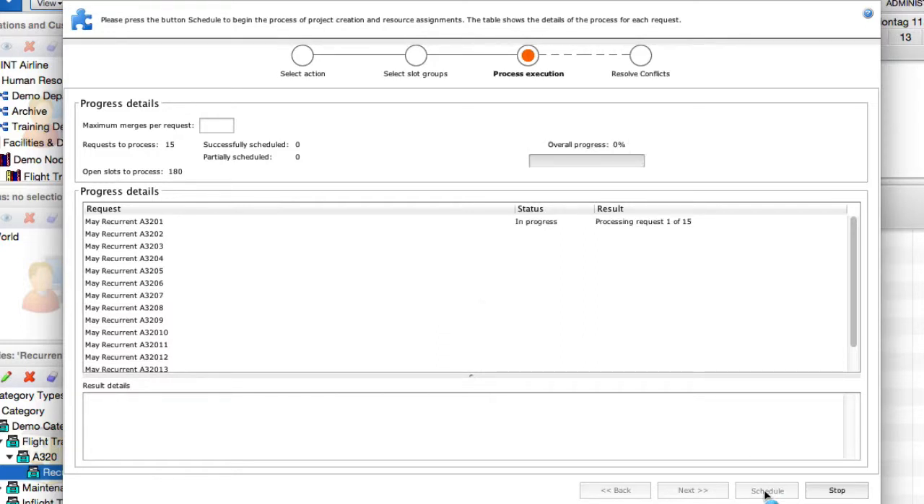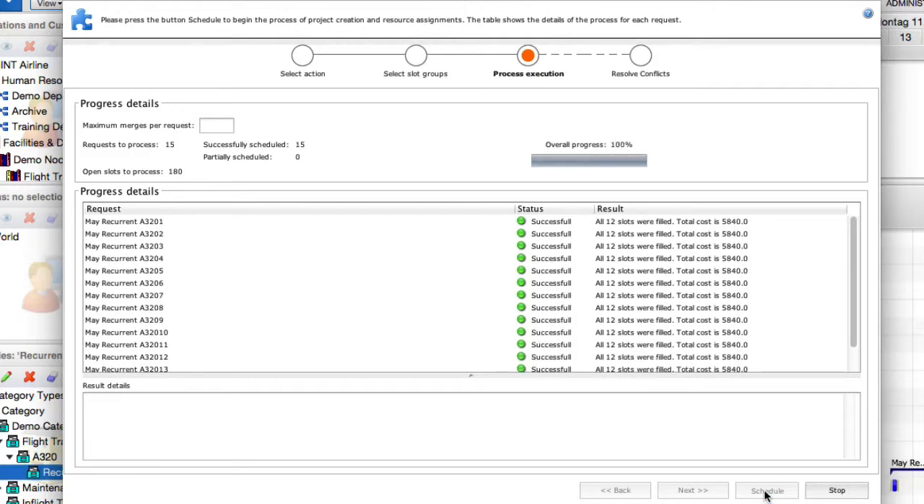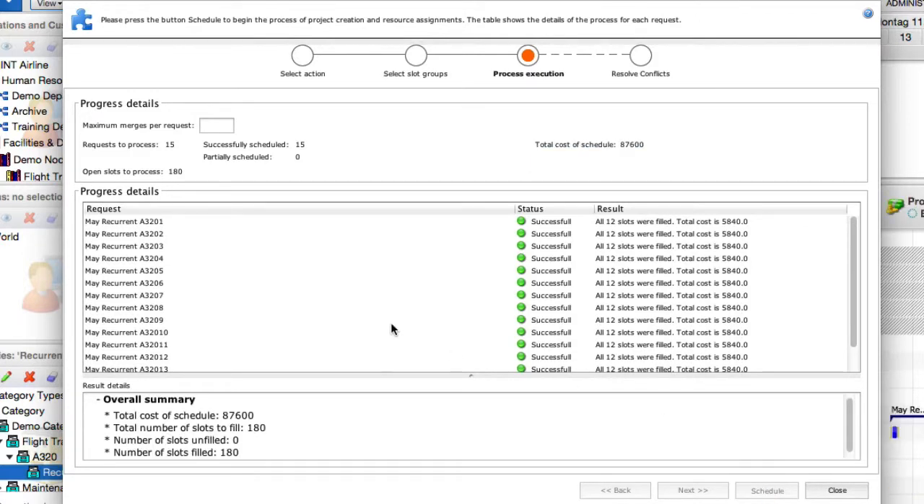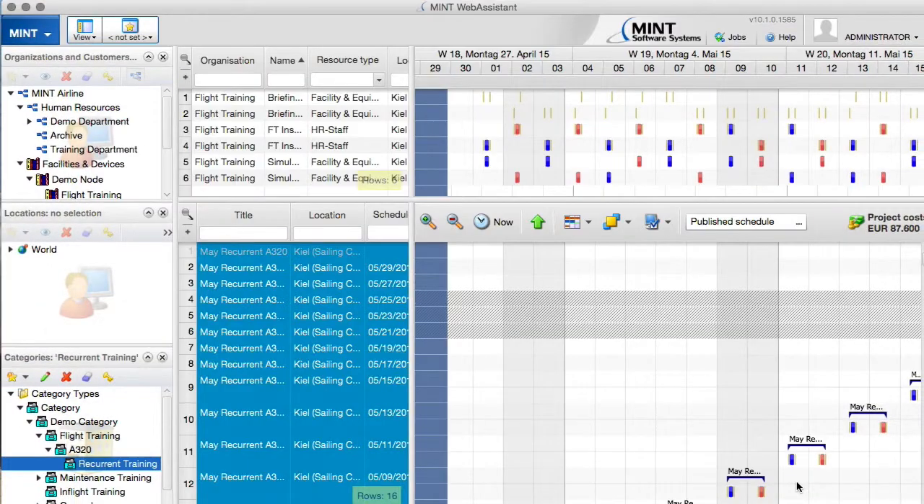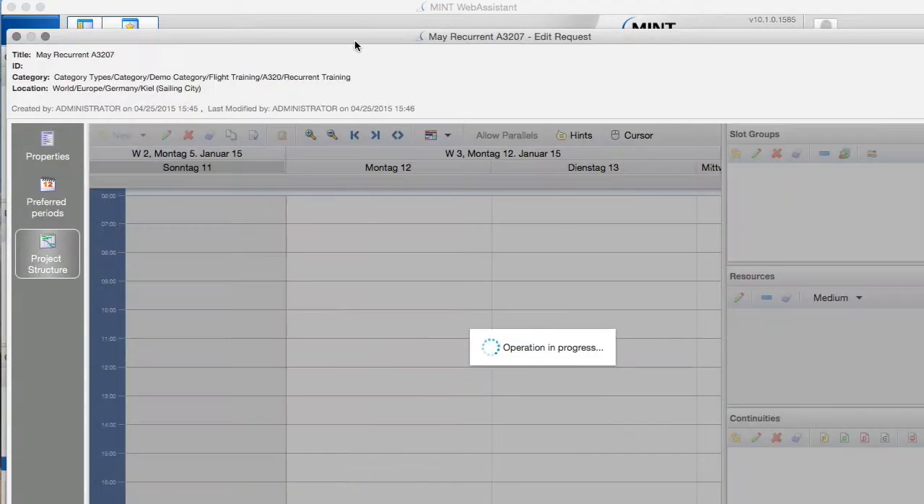And the system now automatically finds the proper start date and assigns the resources to these classes, to these projects. Okay. It tells you the overall cost, because now we know exactly how many resources were used. No problem. We click on Close, and here they are. We can look at one example. So, for example, we take this one, we double click here, and we can have a look how the system